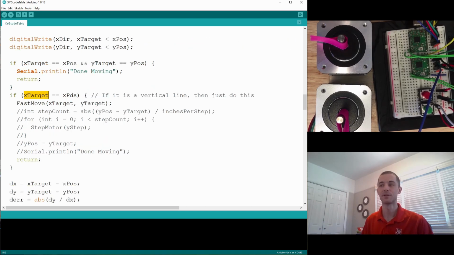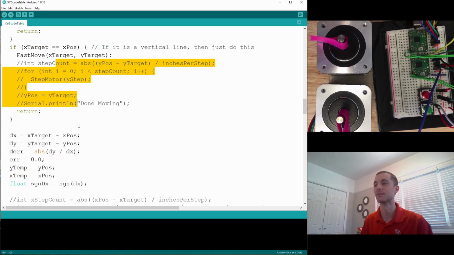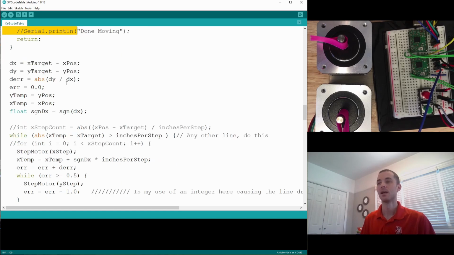If it's a vertical line, so the X position doesn't change, then it just says do a fast move. I've even got some code in there where I had re-implemented fast move, but I realized that was silly. And then we get to Bresenham's algorithm. So first we get rid of those special cases where it's literally not moving at all, or it's a vertical